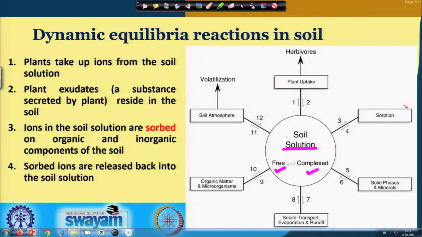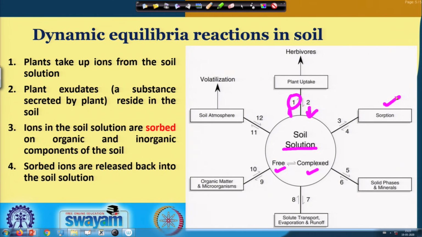So, let us start with the first. The plants can take up the nutrients or ions from the soil solution, which we already see here by pathway 1, and at the same time plant exudates, a substance secreted by the plant, basically reside in the soil, and from there will be movement of ions into the soil solution. Third, ions from the soil solution are sorbed on the organic and inorganic